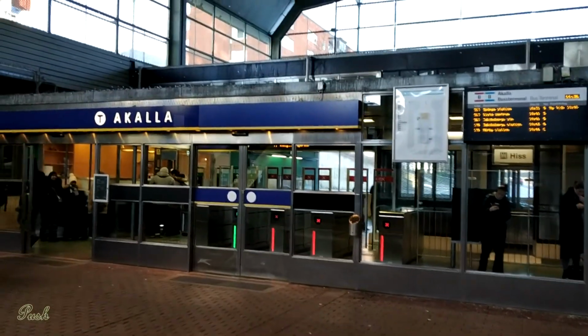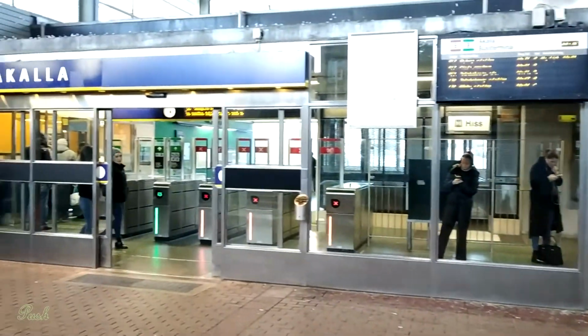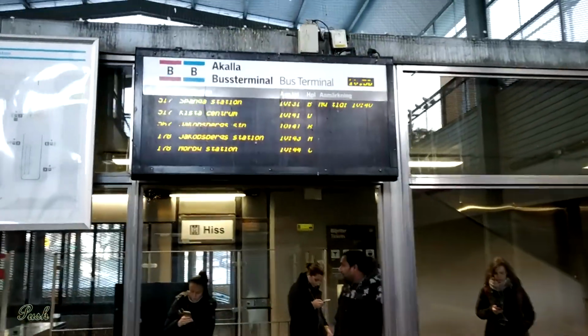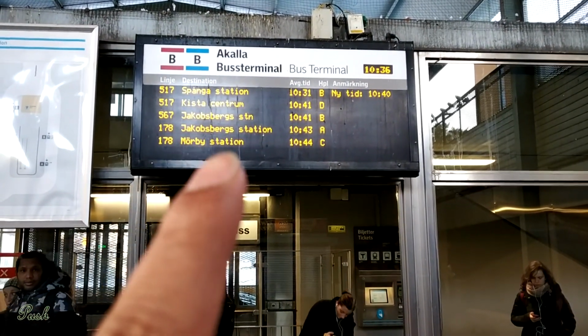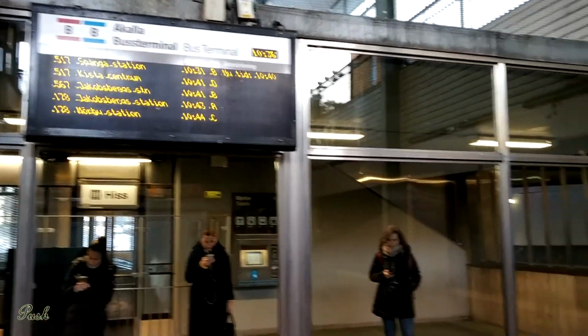So I'm out of the Akala metro station and that's the bus stand. When you are coming out of the station, you have to go left, and here is the bus number also. It's 567 Jokoburg station, 10:41 in the morning. So that bus I have to take,